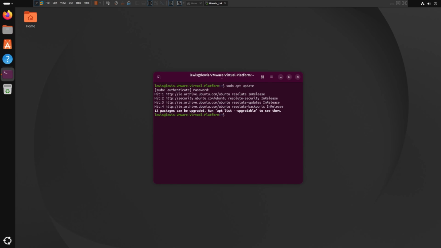The reason you check for the updates is that it will contact the Ubuntu repositories, download package metadata, and check for new packages. However, to actually upgrade them officially, you need to upgrade them, and that will install the latest packages. So how you do that is sudo, I can't see my keyboard, sudo apt upgrade -y,